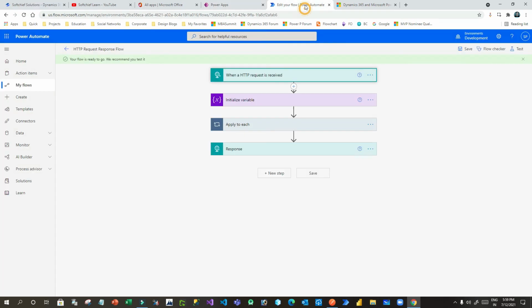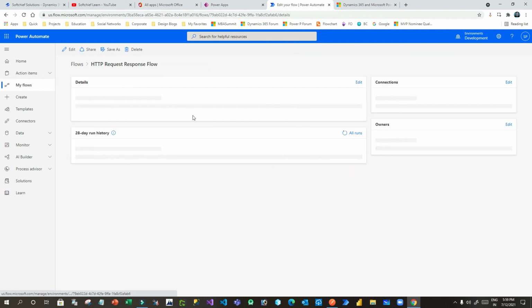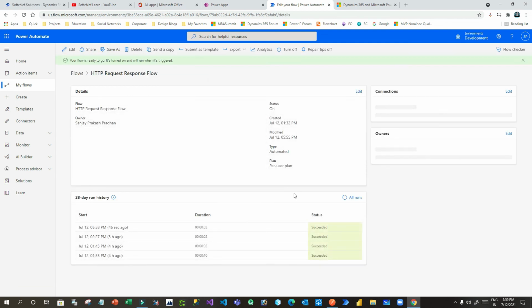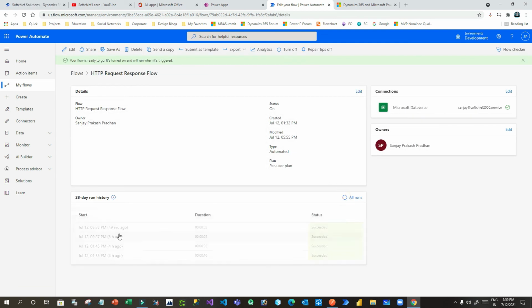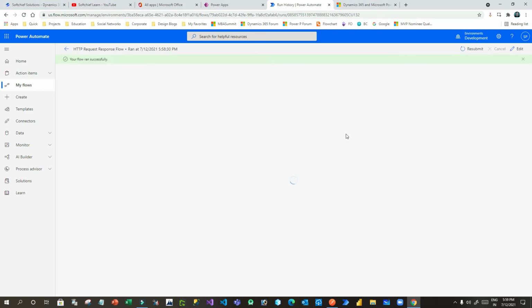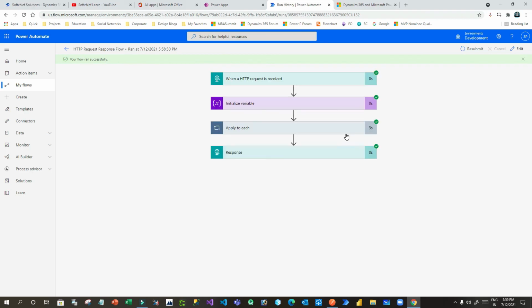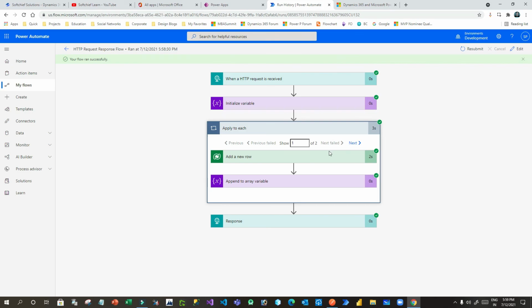And if you also see the flow status, you will see the last time it ran successfully. If you click this, you can see all the run history of this flow. Right now, apply to each applied. So there are 2 records.